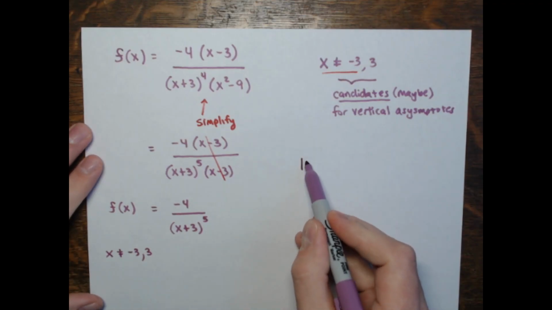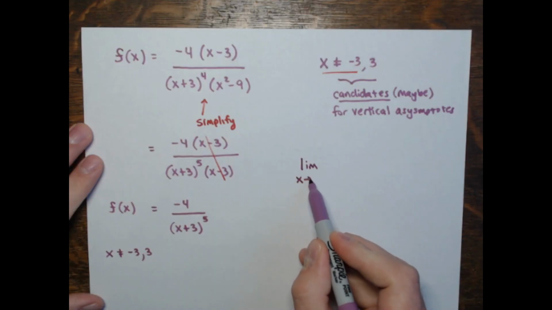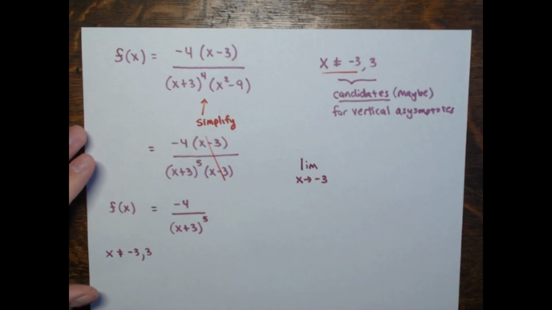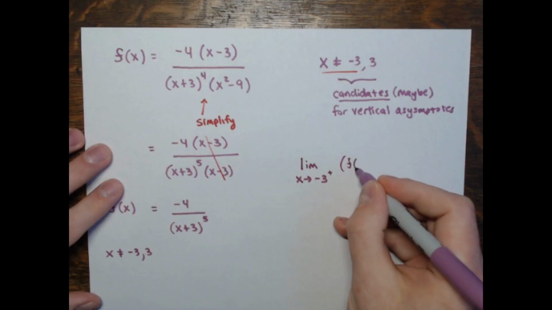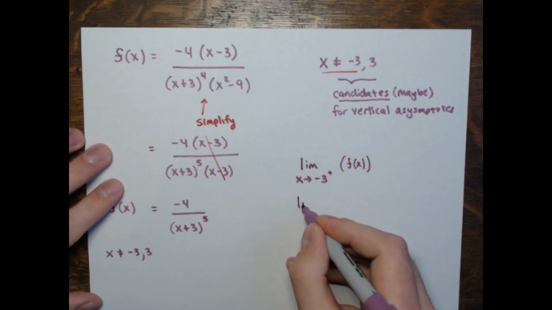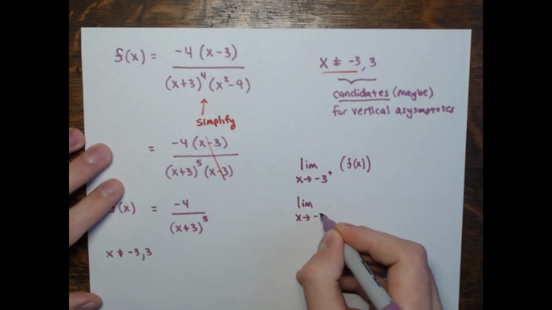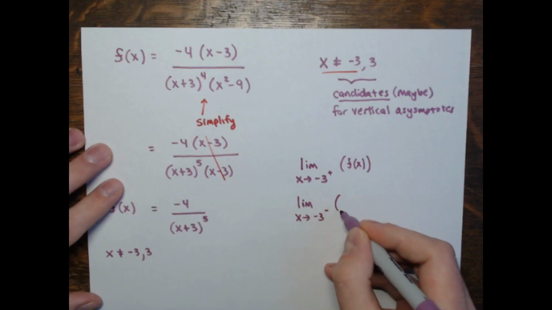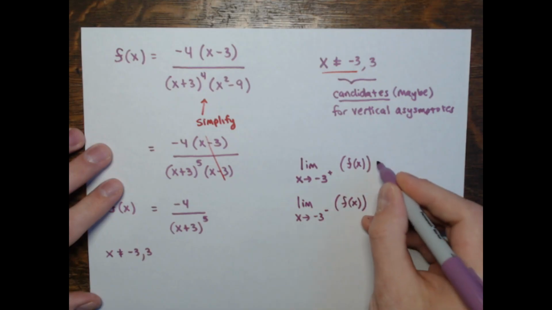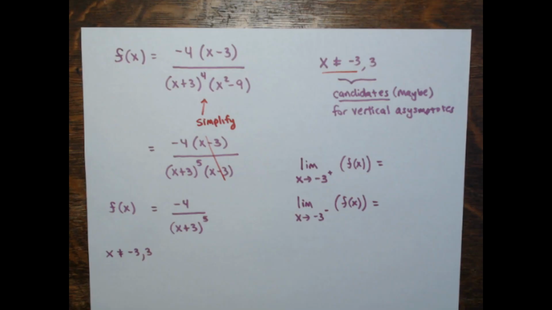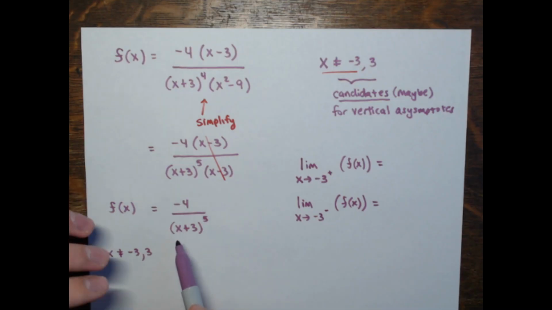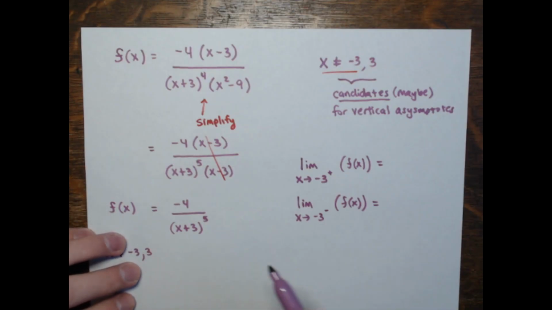So now we're asked about the limit as x approaches negative 3 from the left and from the right. All right, so from the right, from the left, and then once we've got these, we can say the two-sided limit if it exists. Now look at the simplified version of this. You could go to a table, go to a graph, but if you think about it just a little bit,